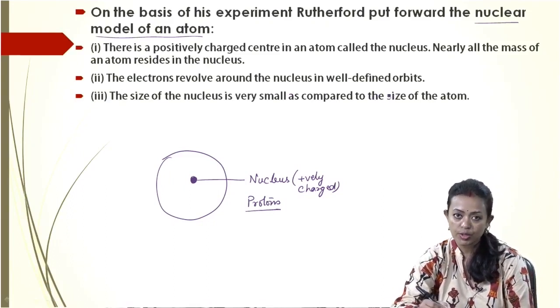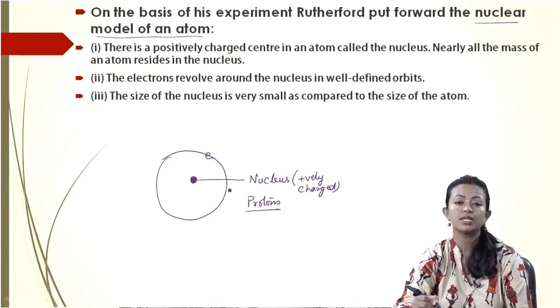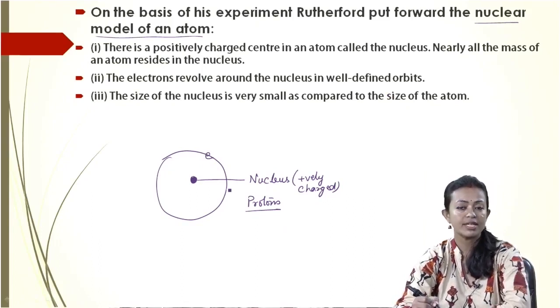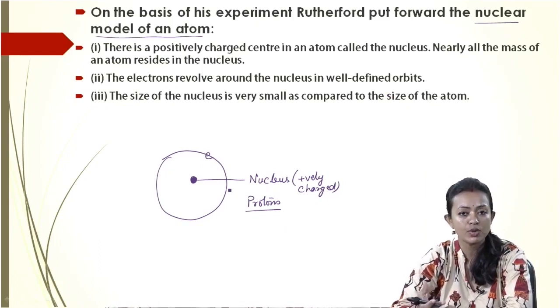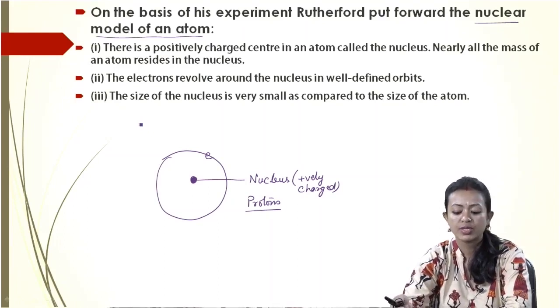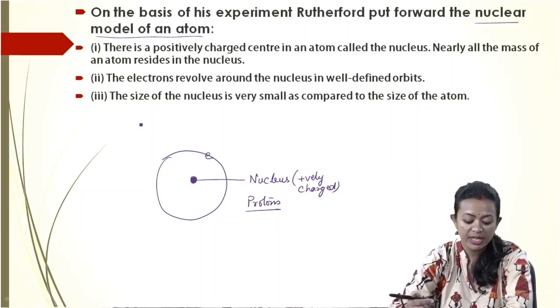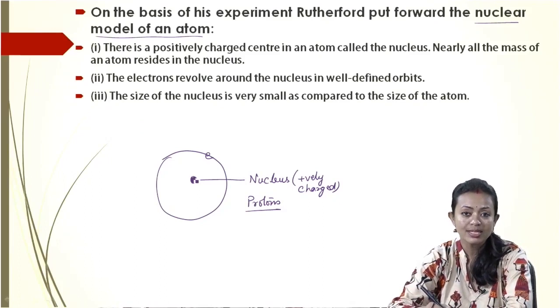So, Rutherford also gave in his nuclear model that the electrons are revolving around the nucleus. And because they are very, very light, when we calculate the mass of an atom, it is almost the mass of the nucleus. The third is the size of the nucleus is very small in comparison to the size of the atom. And because the size of the nucleus is very small, that's why the nucleus is centrally located, and when alpha ray particles were bombarded against the gold foil, we found that out of 12,000